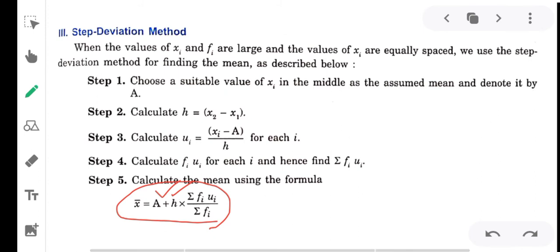Then ui is equal to, the formula is xi minus a by h. Xi is the observation, a is the assumed mean, and h is this one, x2 minus x1. Okay,